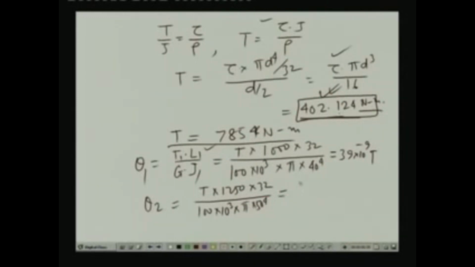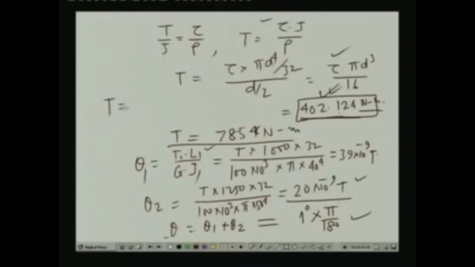So this comes as 20 times 10 to the power minus 9 T. Now if we combine these two, that will give us the value of theta, which is equal to theta 1 plus theta 2, and if we equate that to 1 degree, which is pi by 180 radian, then from this we can get the value of T as